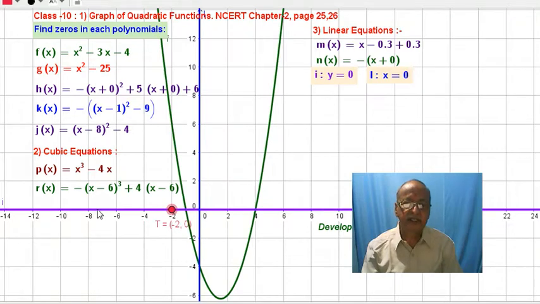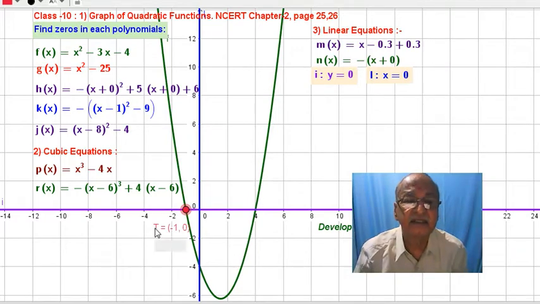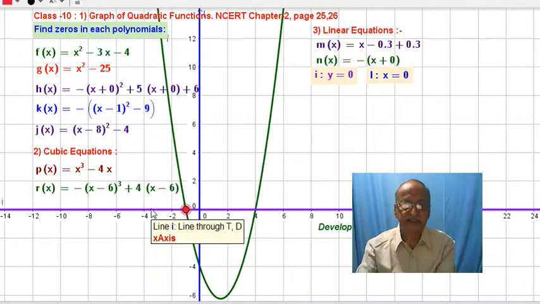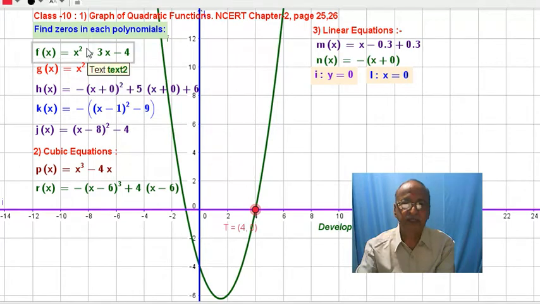of the x-axis and the parabola. This is the point. This point is clearly minus 1 and 0. You can see here, this is a little bit light, not very dark, sorry we cannot make it bold, but this is minus 1 and 0. You can pause and see. Then another zero for this function is at the other point here, 4, 0, which means the value of y is 0 whenever we put x is equal to 4